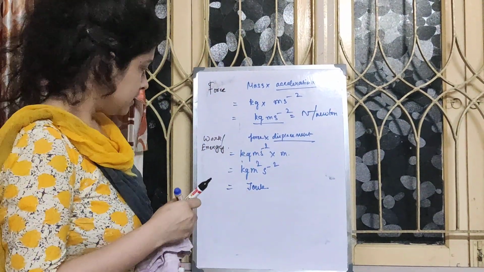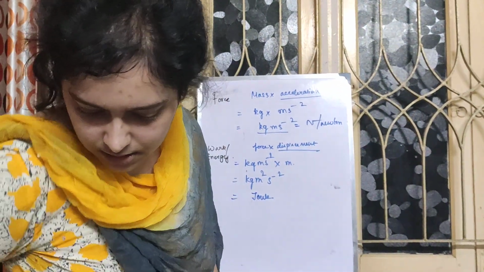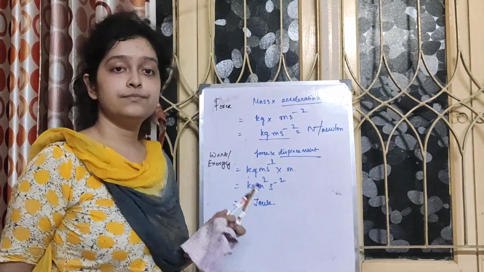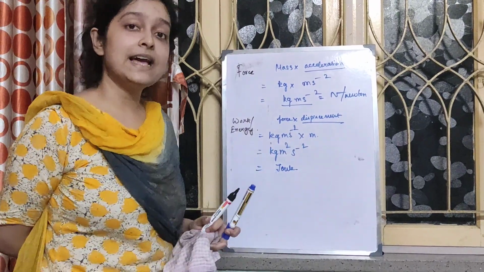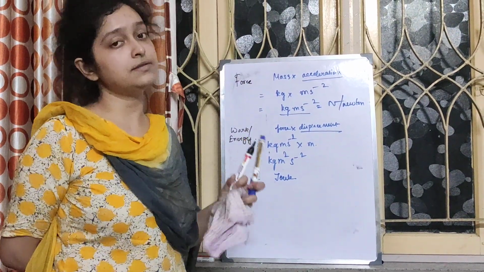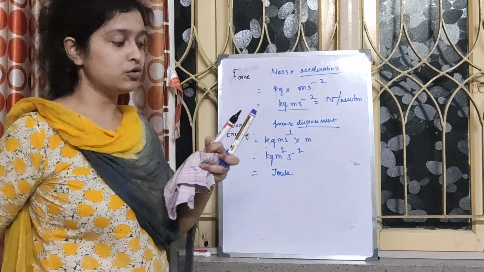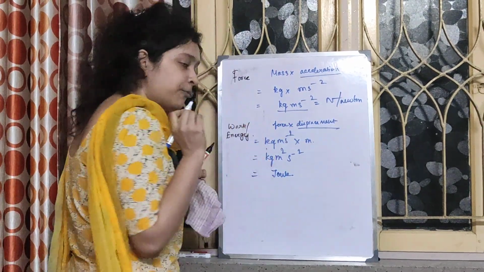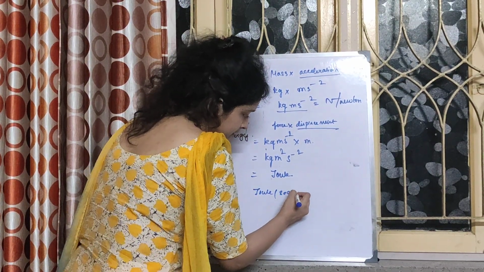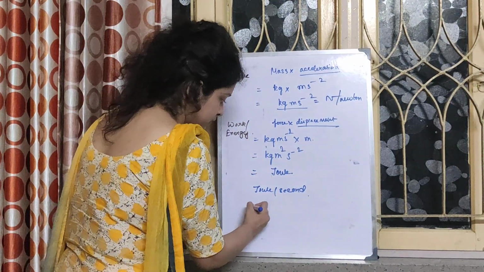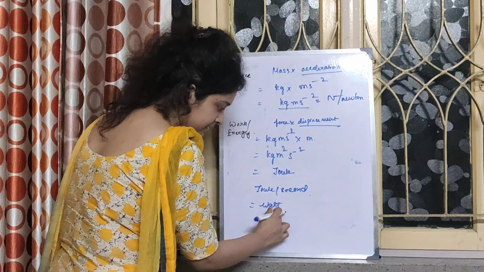Now for example, some more. You have learned power, work by time. So if you know work is joule, joule by time, second, joule per second, you can also write it as watt. Watt again is the name of a scientist. So for power, it is joule per second. Also, it can be written as watt.